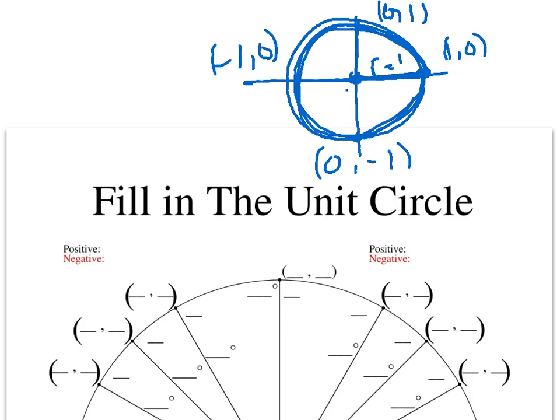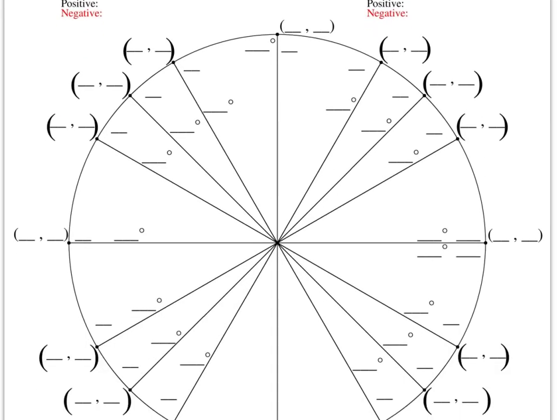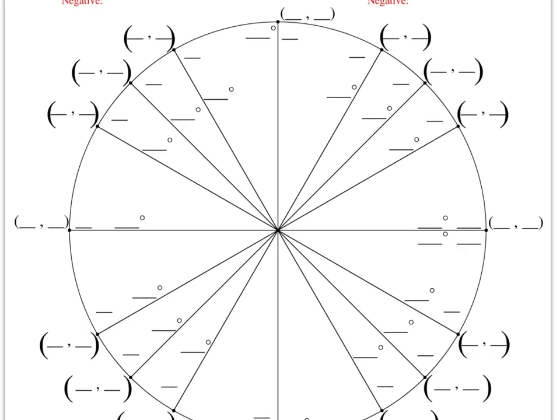Now, a couple things you have to remember. A full circle is 360 degrees, and so a half circle is 180 degrees. So continue with that idea. If I start here at the point 1, 0, and I make a 0-degree rotation, to create this unit circle, we're going to rotate in a counterclockwise rotation. All angles are always created by using a counterclockwise rotation from what we call standard position,